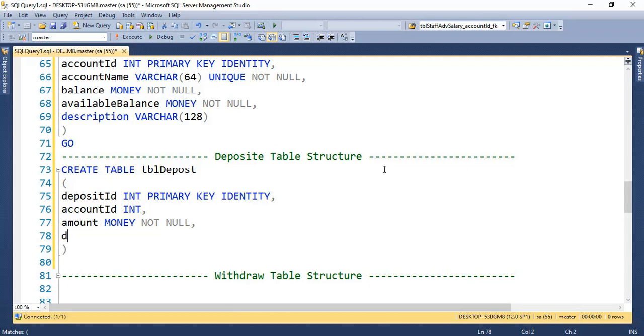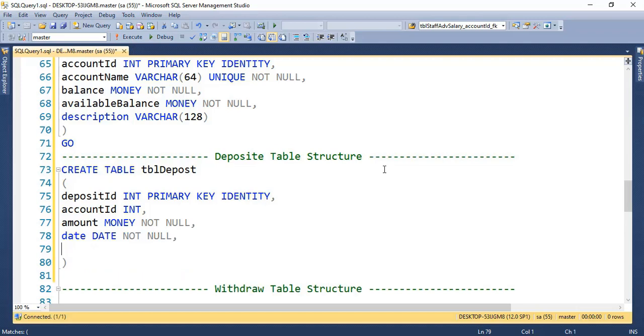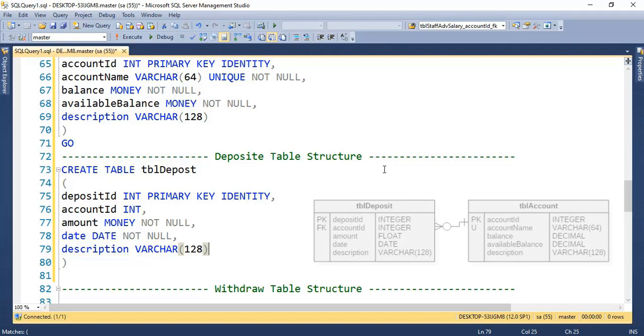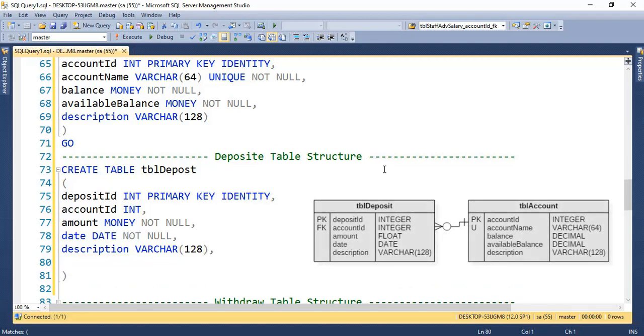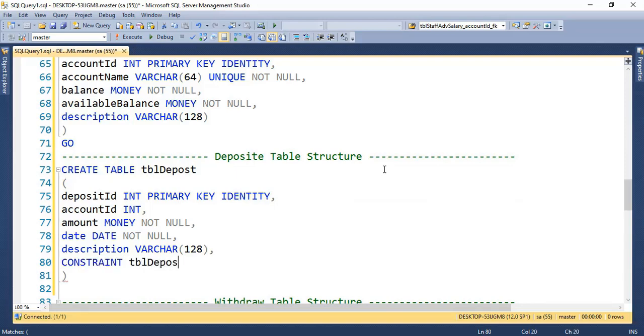After that, we want to add the date column. Simple, date, for example, date not null. And then we want to add the description column as well, for example, varchar 128. Okay, after that we want to establish relationship between account and deposit table. Simple, constraint, for example, TBL deposit account ID FK foreign key